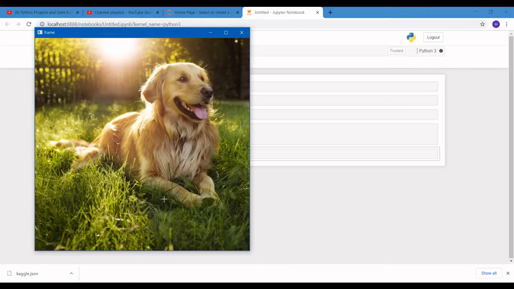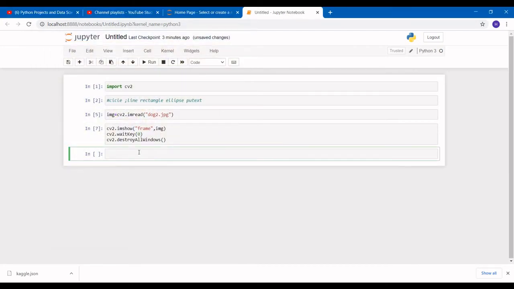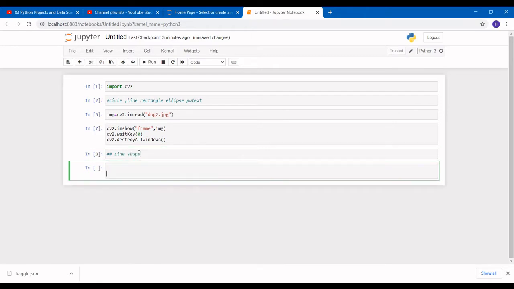Now we are going to draw something on this image, like circle, rectangle, ellipse, and we are going to write something on this image. So suppose we are using the line shape first. For that, we take a variable line_shape. We just use the function cv2.line.